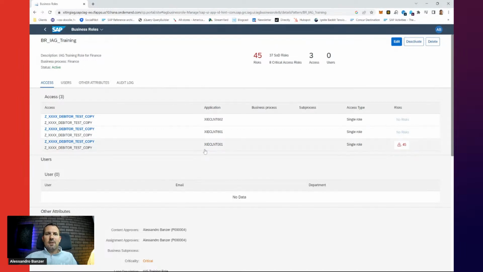What's nice here is also the integration with the access risk service, with the risk management portion of it. We can see this business role has 45 risks. Basically it consists of 37 SOD conflicts, so segregation of duty conflicts, and 8 critical access risks, critical authorizations or critical actions that we have defined in our rule set.